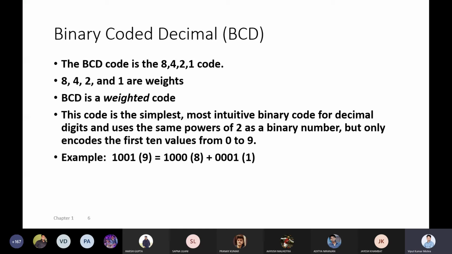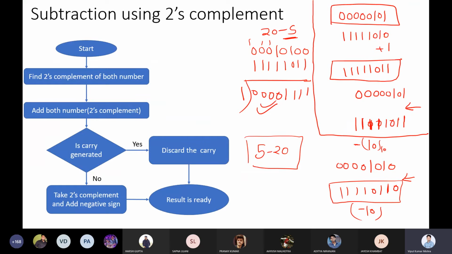Cool. So till now we have seen the representation of signed numbers. And when we say signed number, the important point is the negative number representation, because we have 3 ways to represent a negative number, but the positive number remains the same. The representation of a positive number is one single way, but in case of a negative number, we have 3 ways. Now, before jumping into that, are you able to see some benefit once you are doing subtraction using 2's complement? Any benefit that you can observe? What is the benefit here once we do it with 2's complement?